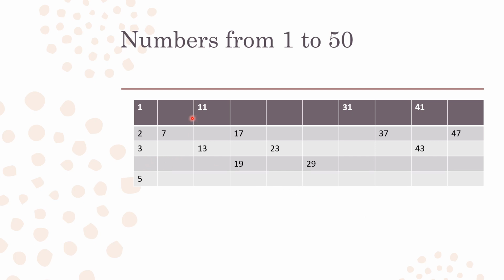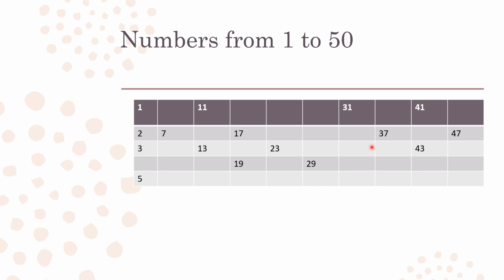Now 6 is an even number, so it's gone. Multiples of 6, is there any other? No. Now check for 7. For 7 you have only 2 factors, so 7 is a prime number. See, checking number 11, 11 also has only 2 factors. So 13, 19, if you check these numbers, you will get only 2 factors, that is 1 and the number itself. It won't come under any other tables. So these are the prime numbers from 1 to 50.